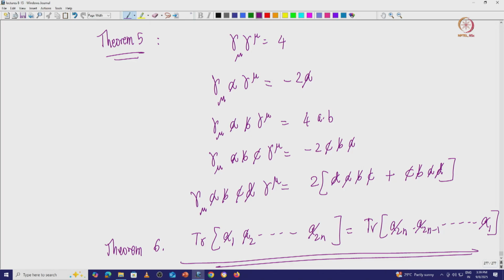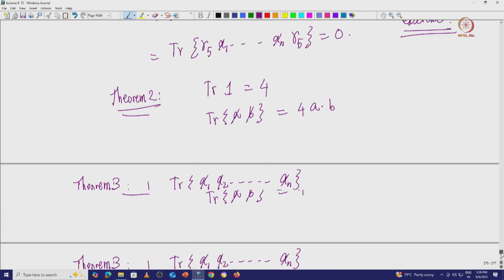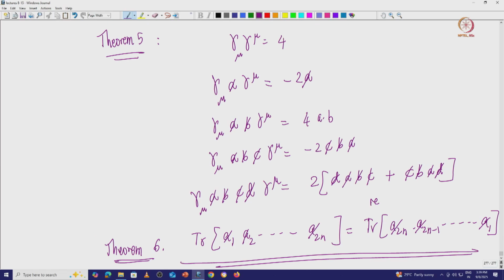Okay. With this these are the 4 basic theorems which you can use essentially, and I think I said 6 theorems, but most of them are derivative essentially. You start with one. I think this requires charge conjugation to prove, but otherwise most of the things can be proved just by the properties of the gamma matrices, simple properties of the gamma matrices.